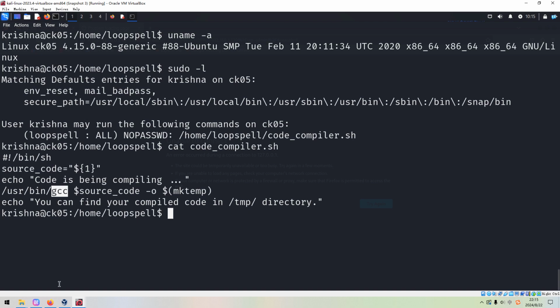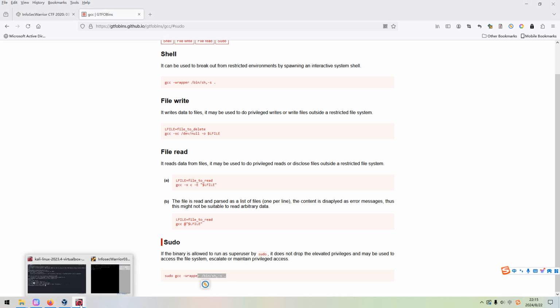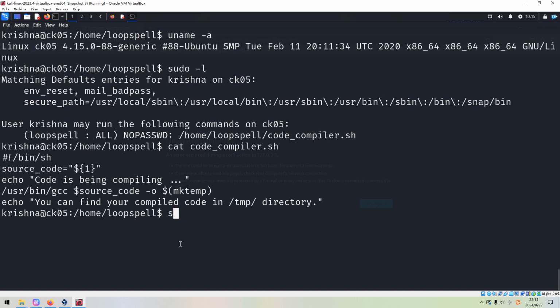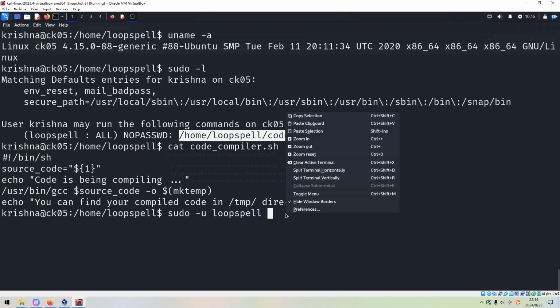So how do we do it? We can go to the GTFOBins website, search for GCC, and copy this part. Maybe I copy later. So we can use sudo with the -u option, and we can copy the absolute path of the shell script.